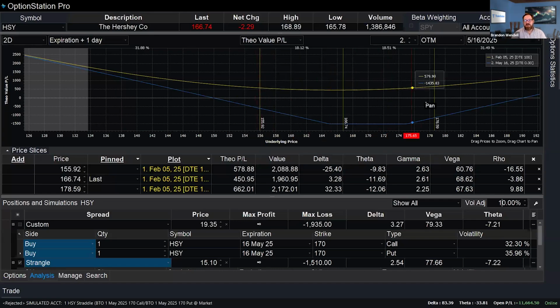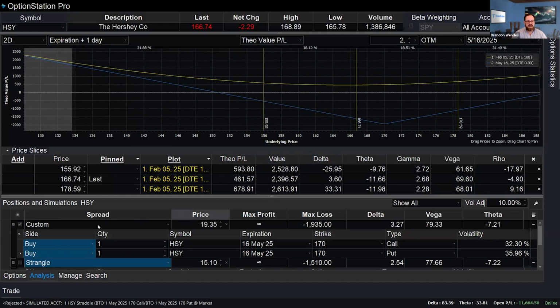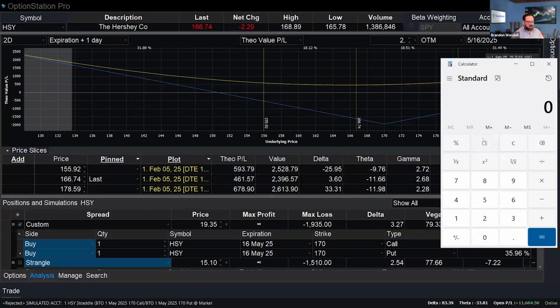But they're further out. And if I kept them at the same price, that's probably what I should have done, compared apples to apples by keeping them at the same price. So let's go back and do that. Or actually, I'll do it this way now. Instead of the strangle going up 10%, staying where I was with the break-even price on the strangle, making 662 on the upside, this actually makes 678, a little bit more. And 593 versus 578. So price-wise, which one's better to place?